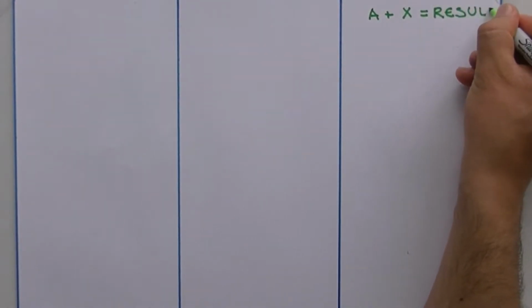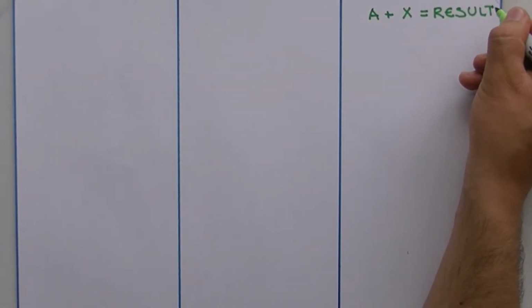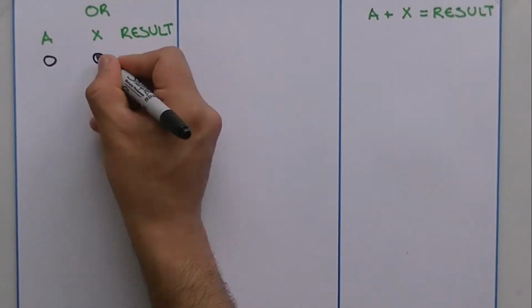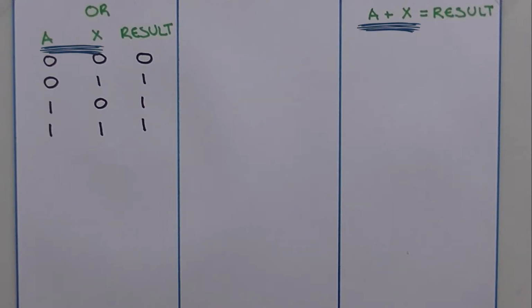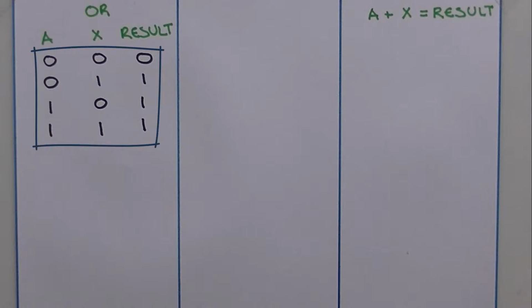To that end, we add a plus x, which equals result. We can visualize all the possible outcomes of this operation using a truth table. Remember that a and x are Boolean variables which can only take 2 values, 0 or 1. So if we add 2 Boolean variables, there are 4 possible combinations. Besides, recall that in the OR operation the result is 1 if at least one variable is equal to 1. Therefore, 0 plus 0 is 0, 0 plus 1 is 1, 1 plus 0 is 1, and 1 plus 1